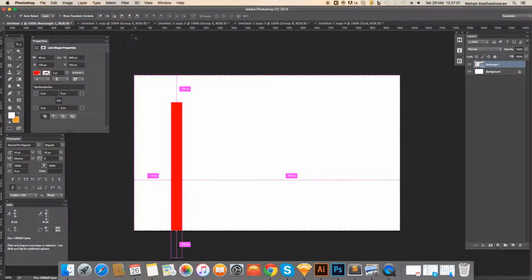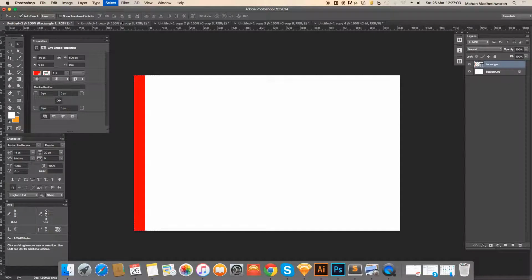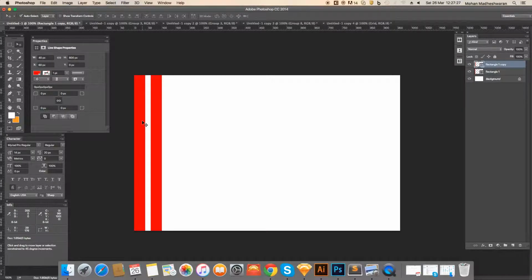So let's align it to top left first. Okay, we have a rectangle tool with 40 width and height as we have taken the file size. So we need 16 columns like this. So we have one column, so let's make a copy with 16 columns. Move it 60 pixels towards right, 10, 20, 30, 40, 50, 60. So here we have a column width of 40 and gutter space as 20. Similarly, we need 16 different columns like this.